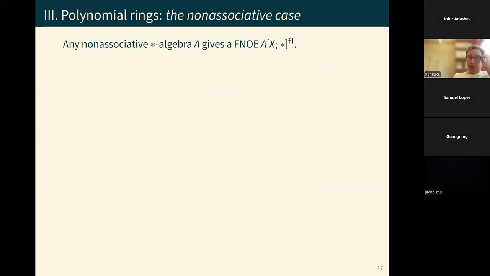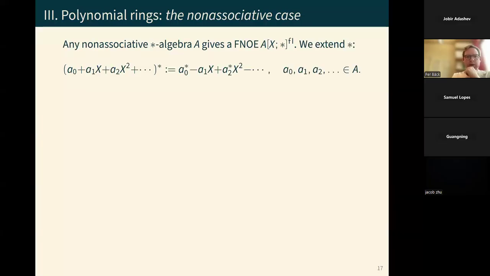Any non-associative star algebra gives rise naturally to a flipped non-associative Ore extension. So instead of this sigma, you now use your star. It's an anti-automorphism of order 2, so it's certainly additive. And you can also extend the involution to an involution on this FNO. So this is the natural way to do it. It turns out that you can only do it in one more way, and that's if you don't have zero divisors, and then you can also have plus signs here instead. But I will consider this as my natural involution on these